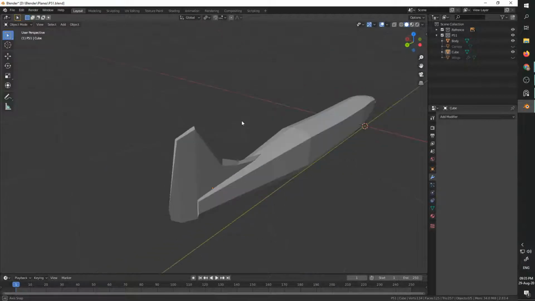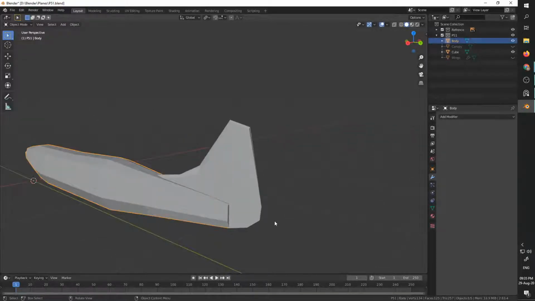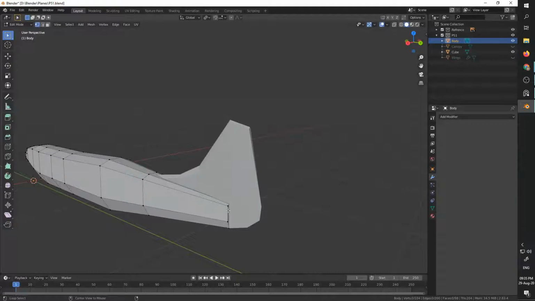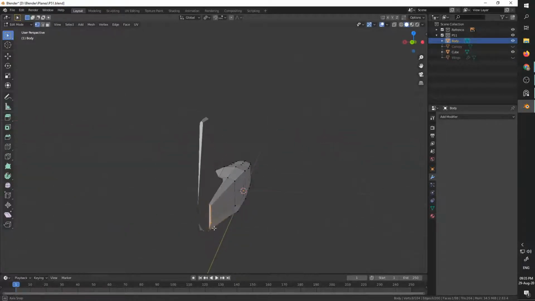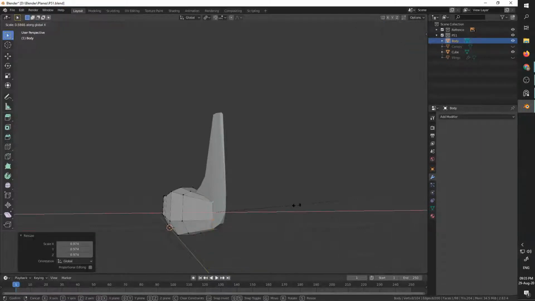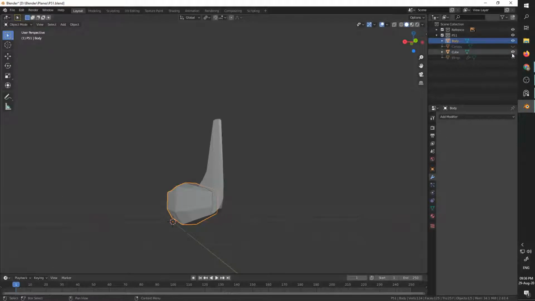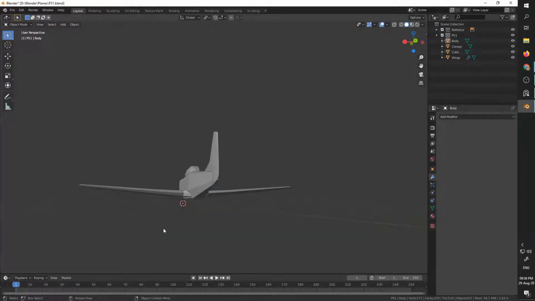So what I want to do here is scale the back part of the body to the inside of the wing. So let's select the body, go to edit mode, edge select the end, and just make sure everything is selected. Scale it on all axes just to make this part go inside, and I'll only scale on the X. And now go to edit mode, add the canopy, add the wings. Now let's look at everything,